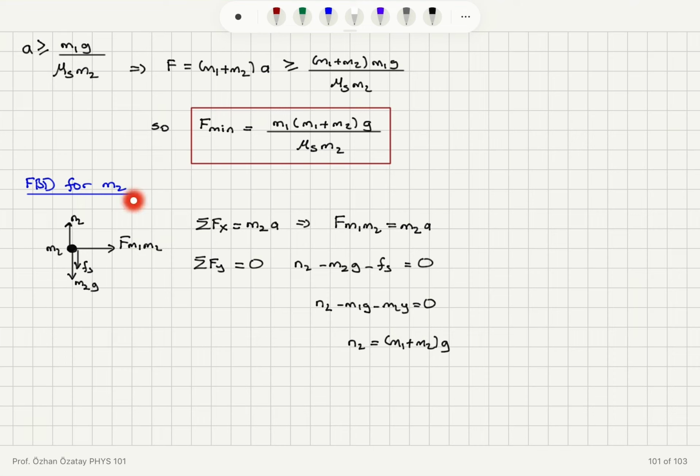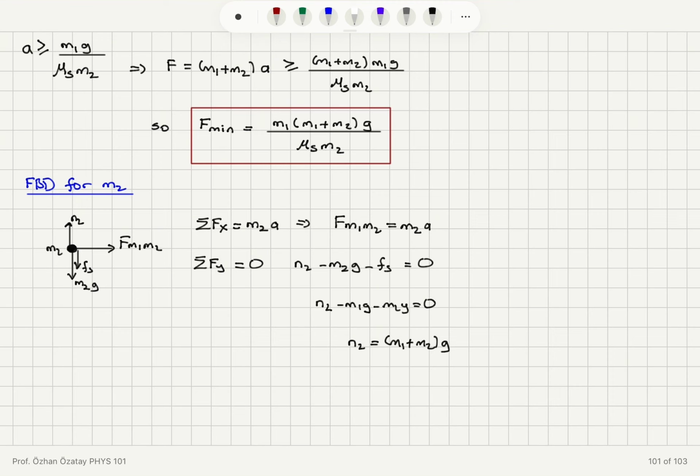I double checked this with the free body diagram for M2, where I note that the force exerted by M1 on M2 is equal in magnitude and opposite in direction to the force exerted by M2 on M1. The force exerted by M2 on M1 due to friction was pointing up, so the force acting on M2 due to M1 is pointing down, Newton's third law. So using this equation, I find that the normal force acting on M2 is (M1 plus M2)G, which is consistent with our